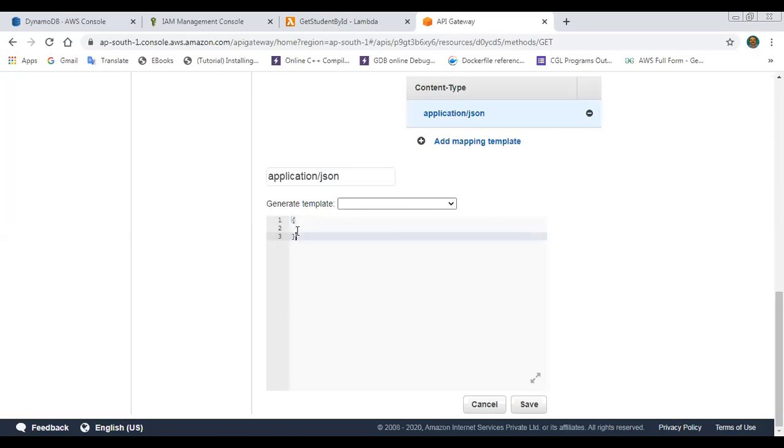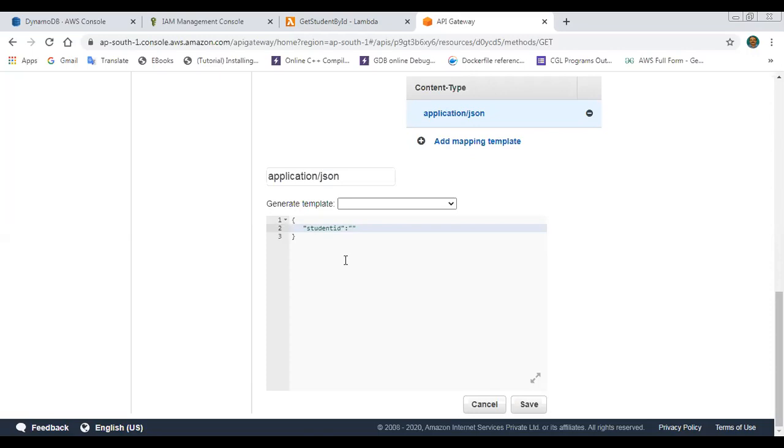To test the API, the input is provided like this: start curly braces, then double quotation for JSON formatting, student ID, double quotation complete, then colon, double quotation start, double quotation end.